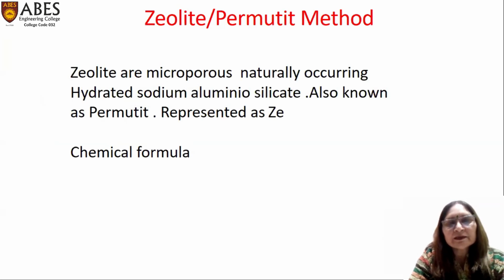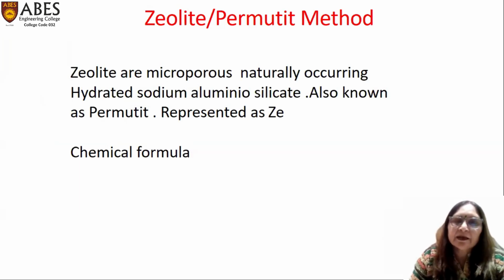What is zeolite? Zeolite is a microporous, naturally occurring mineral. It is hydrated sodium aluminosilicate. It is also known as permutit, and it is generally represented as Ze. Ze means zeolite, that is called the radical framework. Permutit means boiling stones, and the chemical formula of zeolite is